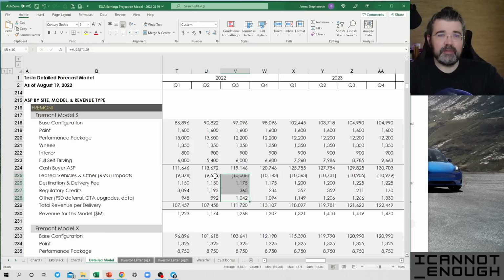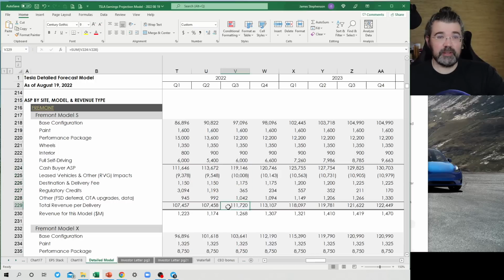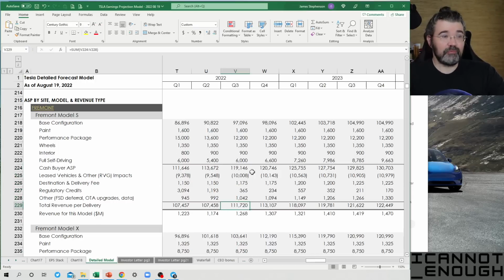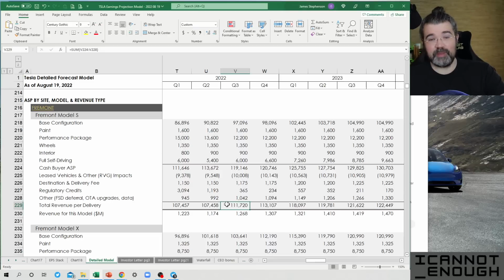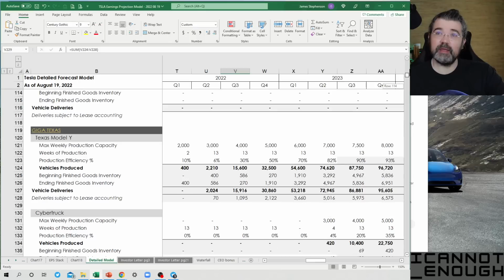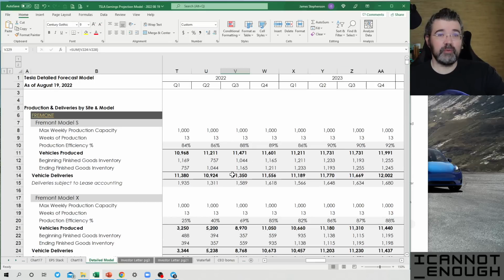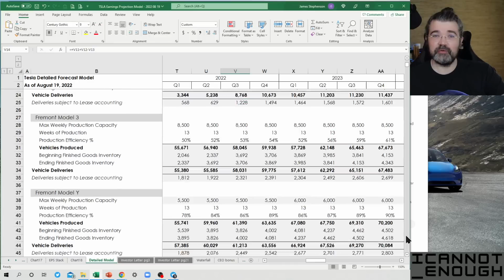So what do you get when you add all of these together? You get the total revenue per delivery associated with this model at this site. Hope that all makes sense. Then right below that, I've got just an informative metric for me to see, hey, how much revenue is this model going to produce if you take this amount and multiply it by the deliveries that we expect for this model. So way up at the top of the page, we saw that in Q3 we expect 11,350